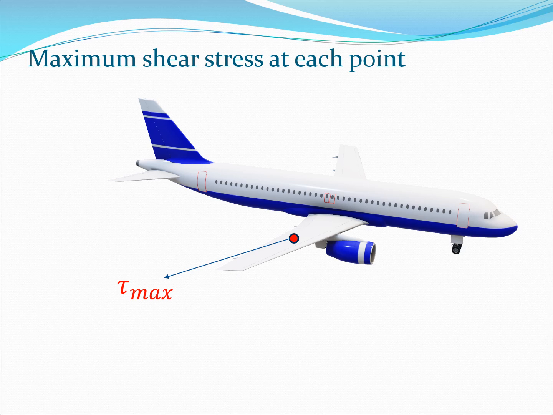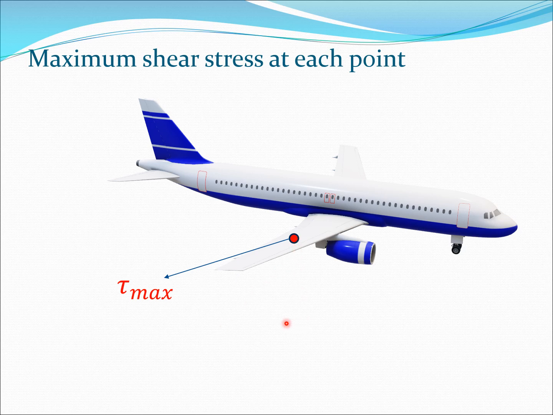So now one more thing has happened. We have got a further dimensionality reduction. So now if we have a certain point on the aircraft, we can associate only one variable with this, or one scalar, and that would be tau max. So this is something we often try to do in failure criteria, that for any given point we try to have only one number. So remember that at this point we had the stress matrix, then we essentially brought it down to the three principal stresses, and now by using the maximum shear stress we can say that a given point will have a particular number given by tau max, with which we can determine the failure state of this